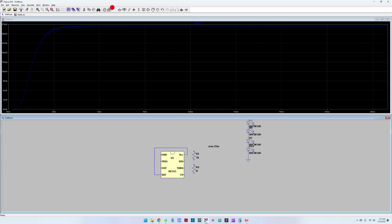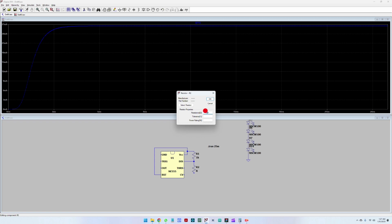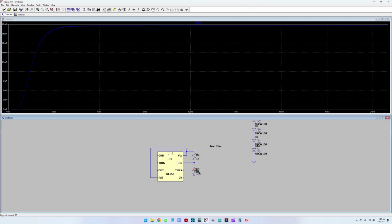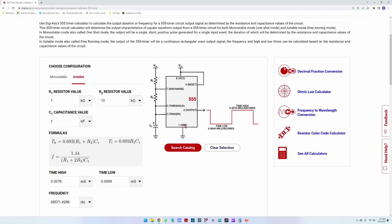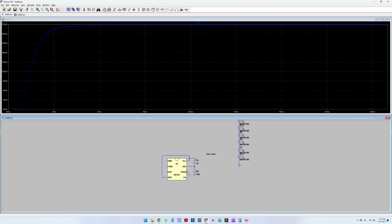Let me connect this before we forget. And the second resistor is a 10 kilo ohm resistor. So let's place 10 kilo ohm here. Great, and this will go, according to the schematic, to pins 6 and 2, which are connected. We'll go to the C1 capacitor, which is 1 nanofarad. So going back to the schematic,